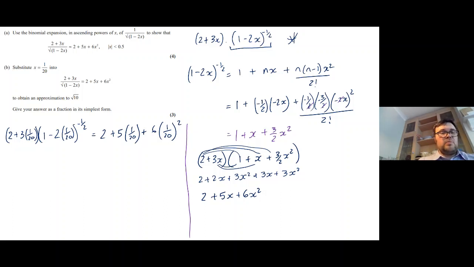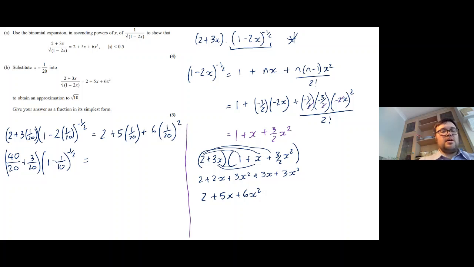But this is going to be 2 plus 3/20ths. So then that's going to be the same as 40 over 20 plus 3 over 20 in that bracket. So I've just moved 2 as 40 over 20. And then it's going to be 1 minus 1/10 minus a half. And then on this side,